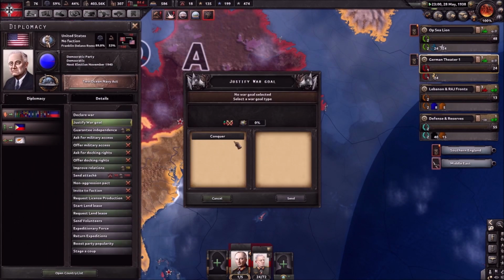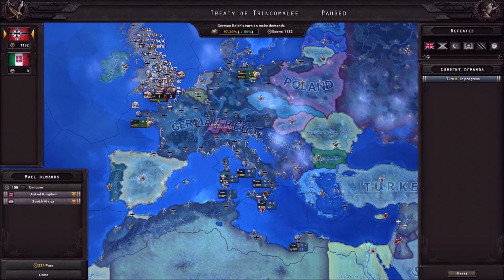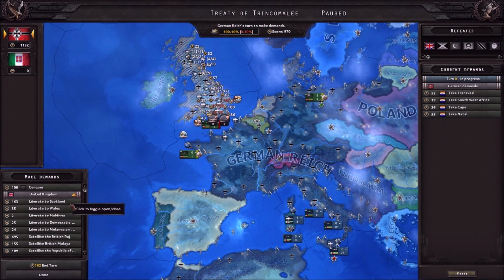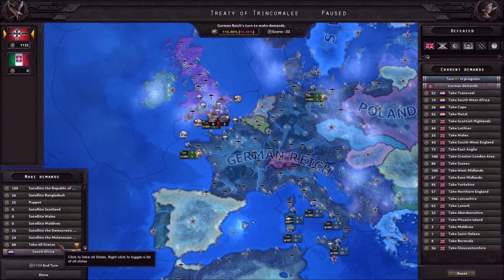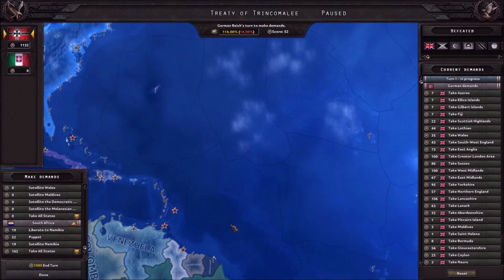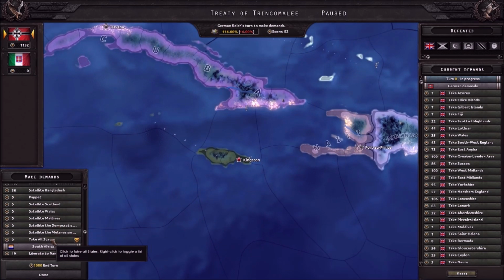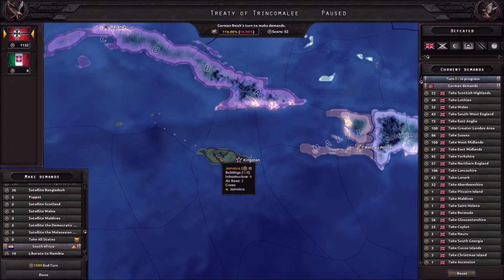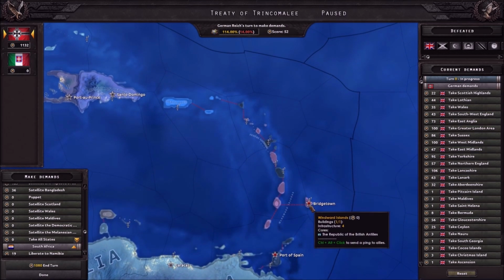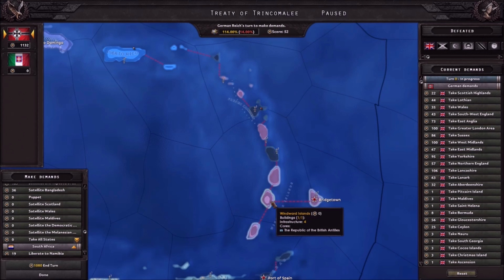I was going to justify a war goal on the United States instead of Poland, but I probably should have waited. That probably would have been a good idea. And the peace treaty, that actually sucks. South Africa and the United Kingdom. I was really hoping to get more states than that. And they don't have Jamaica. What did they do? They must have released all these countries. So that's a plot twist. It's probably a good thing I didn't justify a war goal on the United States now, because